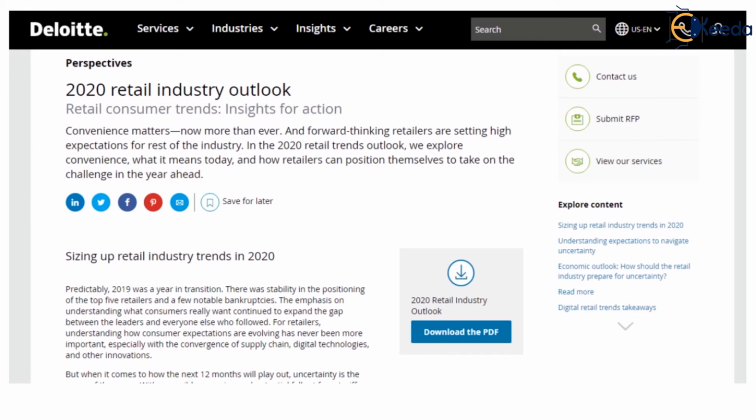So, what they have done is they've made this a free resource for anyone who's exploring the various services of Deloitte. So, this is a specific 2020 year retail industry outlook report, which they are offering to their potential customers. And to do that, obviously, you have to provide your email information, thus generating valuable contact information for the company, which is treated as a lead. So that's how industry reports can be used for content marketing.